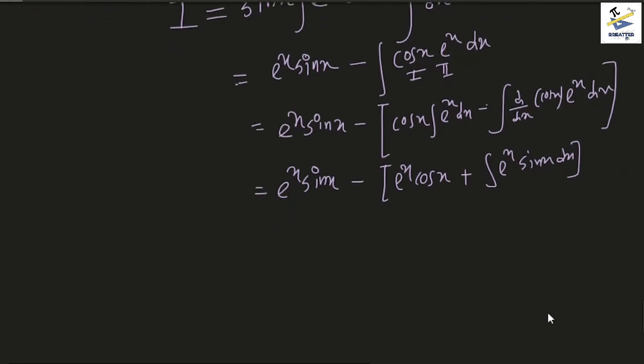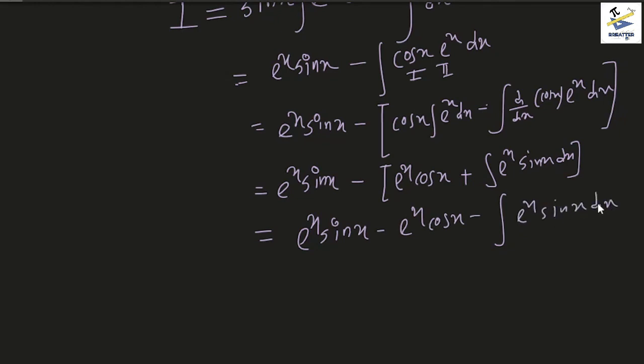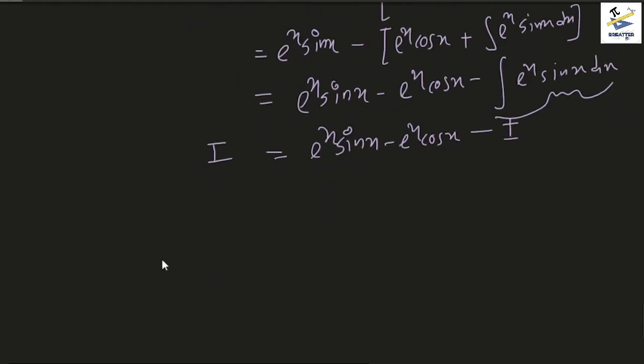And if you take it away from the bracket, what we get is e to the power x sin x minus e to the power x cos x minus the integral of e to the power x sin x dx. But notice that this is the integral that we started with, right? So this is denoted by I, which is a variable. So this becomes e to the power x sin x minus e to the power x cos x minus I, and on the left hand side we have I. So solving for I,